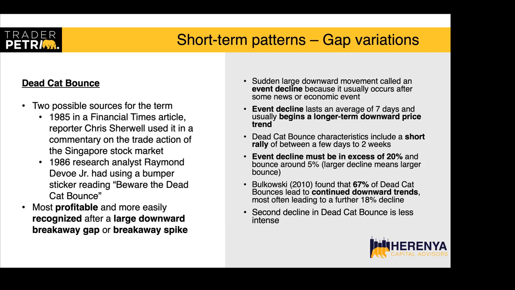It usually lasts for around 7 days, and historically we've seen that it is the beginning of a new longer term downtrend in the price. So the dead cat bounce characteristics include: it's basically a short term rally. It lasts between a few days and 2 weeks, depending on how violent and big the event decline was. For it to be a dead cat bounce, the event decline must be in excess of 20% down, right? Even if it's just 1 day or 1 week, it must be down at least 20% or